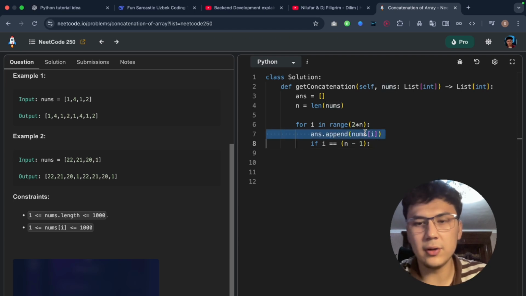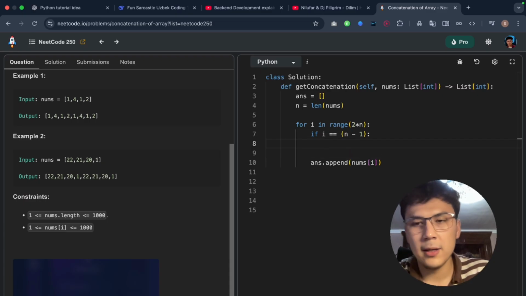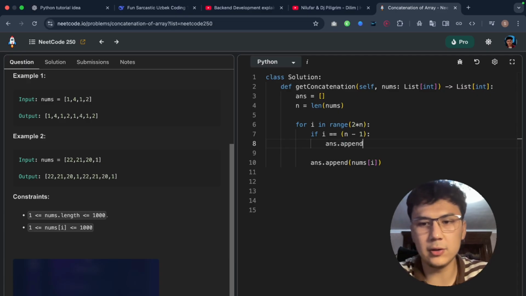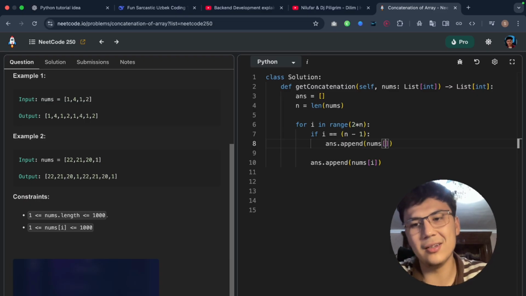Let's first do this. First we have to check the length of the old array. So in this case, what we can do here is ans.append not nums[i], not the i itself, but